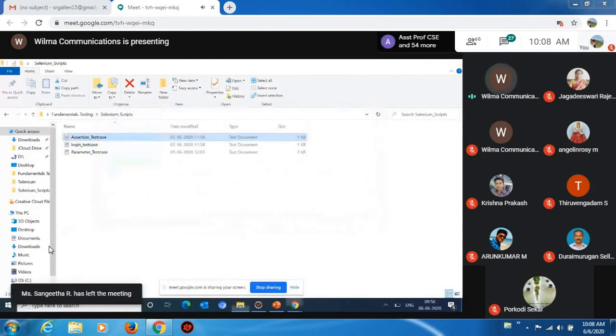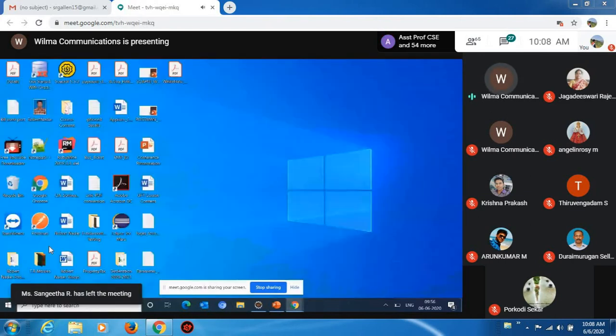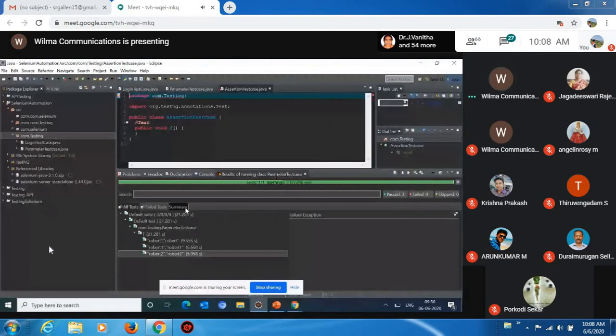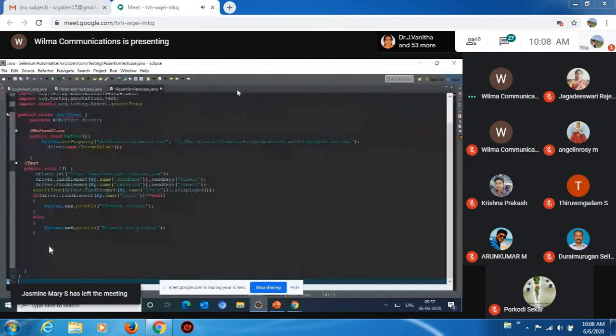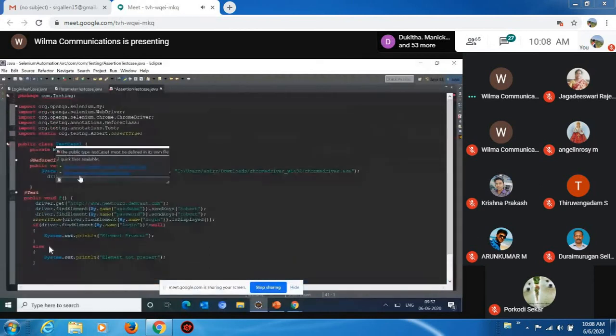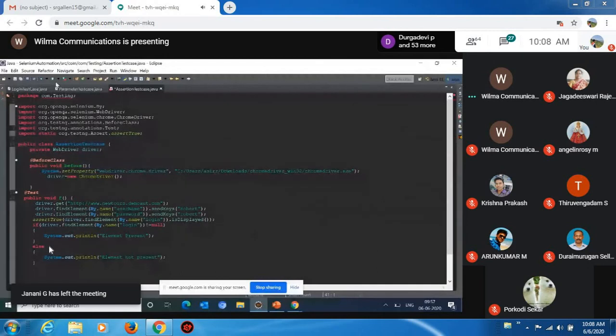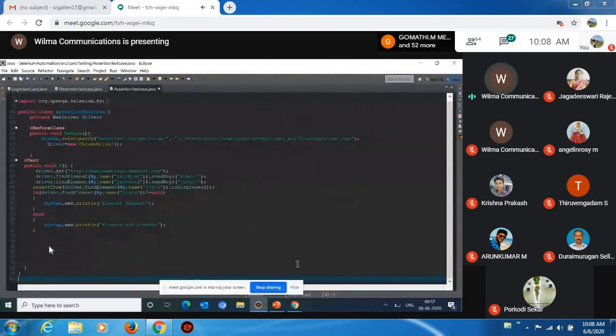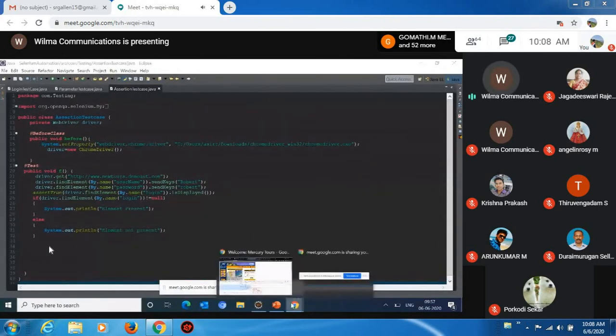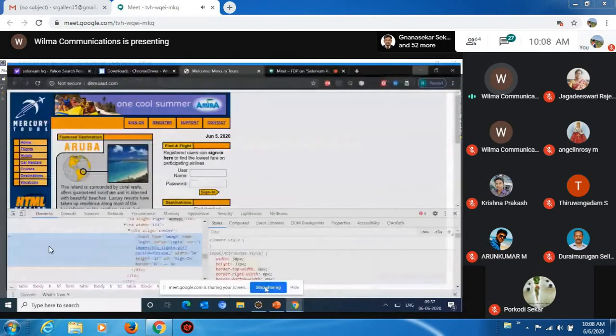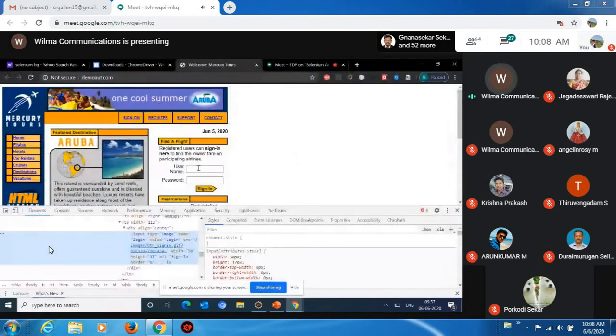Still we have a lot more things to cover and discuss. Now my concept here is, first I will open this particular demo AUT application. Then I'm going to enter the username, and after that I'm going to enter the password.